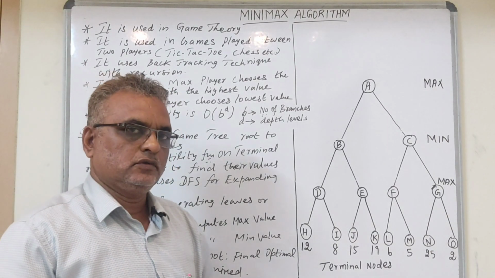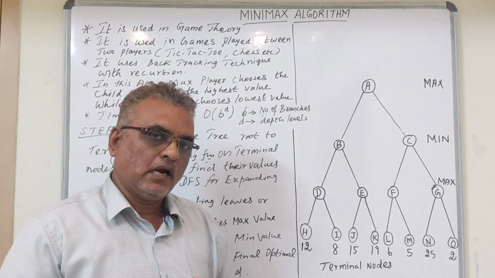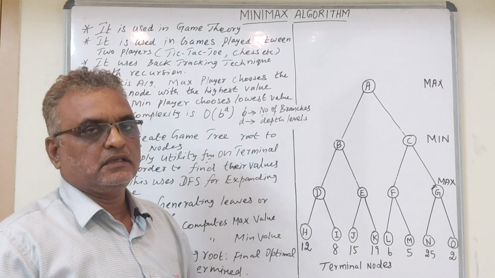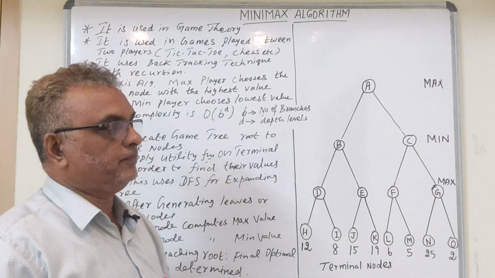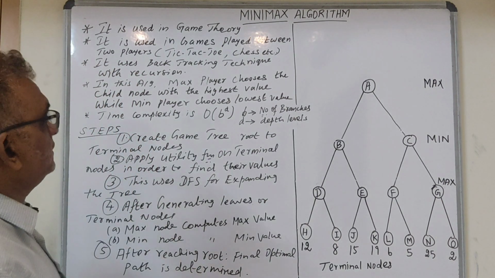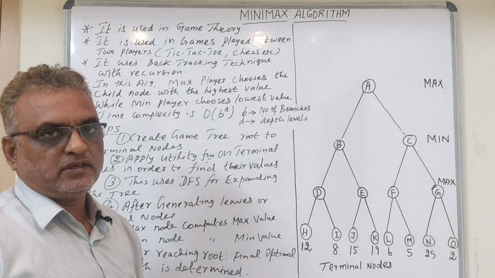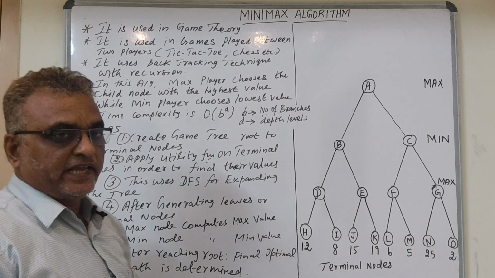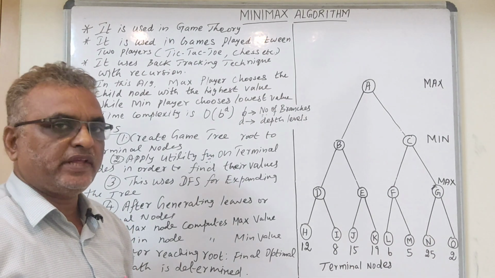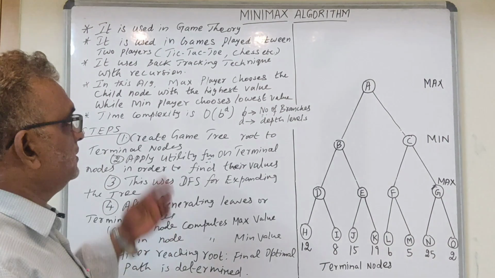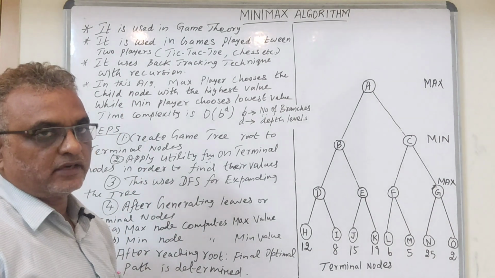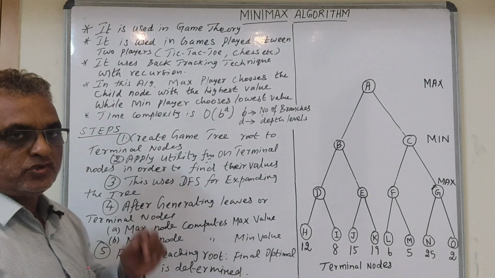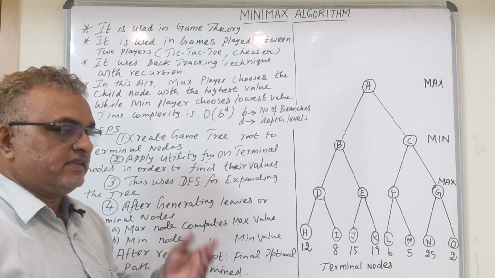So in this video we are going to discuss another very important concept from artificial intelligence, that is the MINIMAX algorithm. This algorithm is mainly used in game theory. It is used in games where two players can play, such as tic-tac-toe, chess, etc. It uses techniques like backtracking